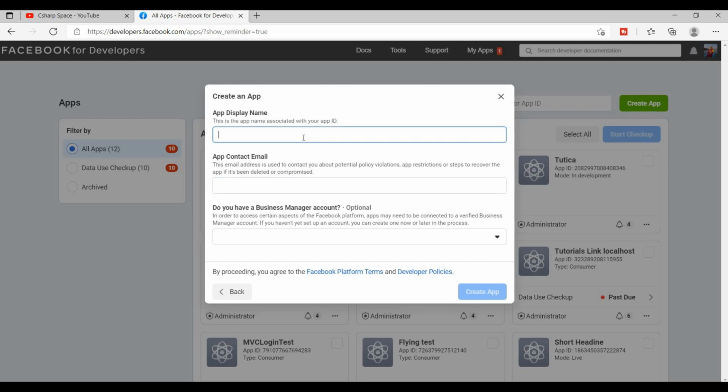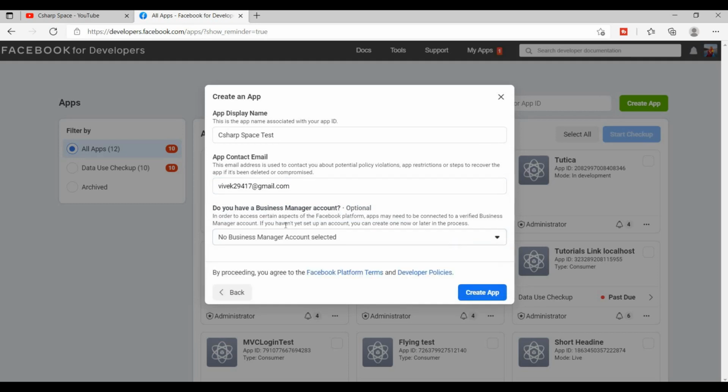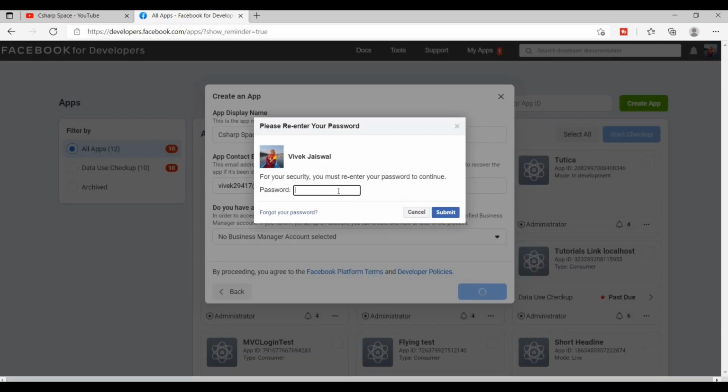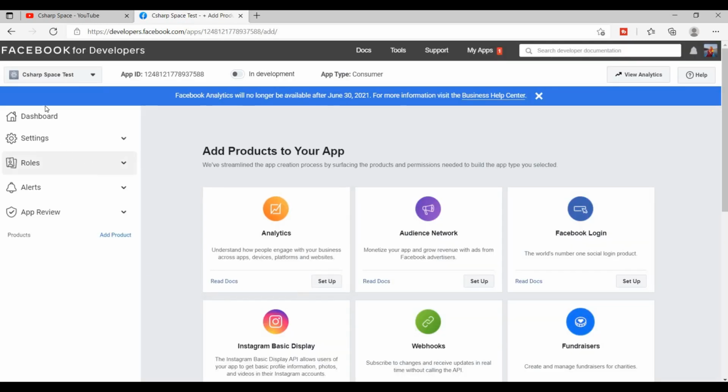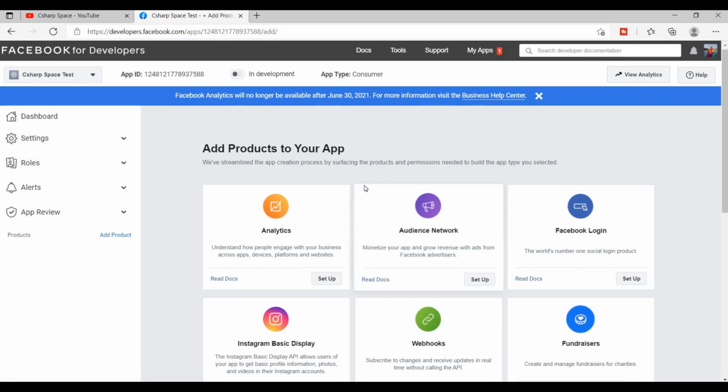you can use any display name, like I am using this Csharp Space test. And here in the contact email, I'm using my email. And do you have any business account? I choose no, then click on Create App. Now this will ask for a password. After entering the password, this dashboard will be opened, and this is the